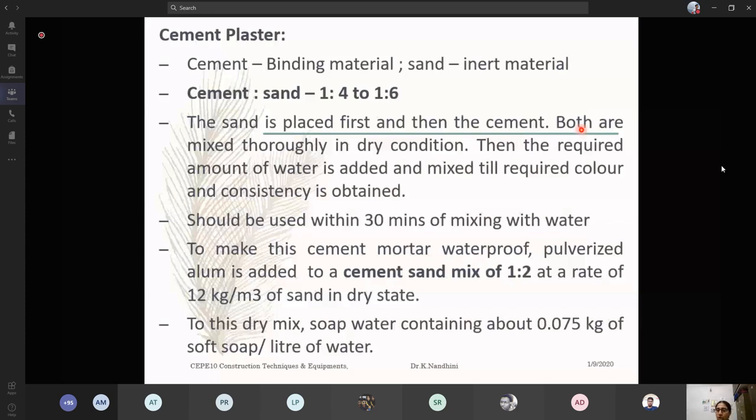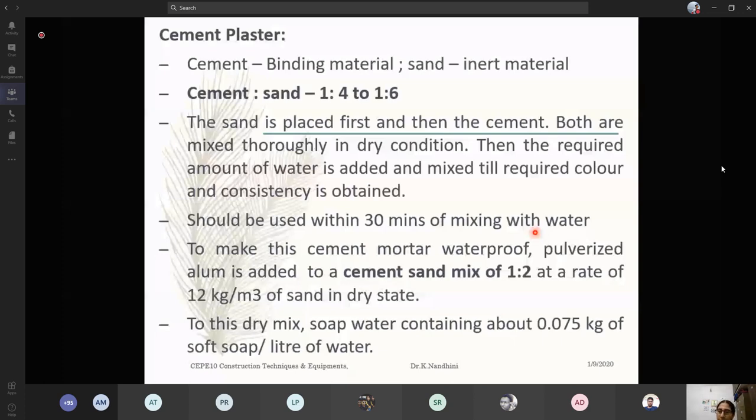You have to mix your dry mixture of sand and cement with water. Once you have mixed it, make sure you place that mortar over your wall. You should not delay it more than 30 minutes. What happens if you delay it beyond 30 minutes? You can feel that the mortar is getting dried. That will not stick onto your wall properly. For better consistency, you have to use it within 30 minutes.